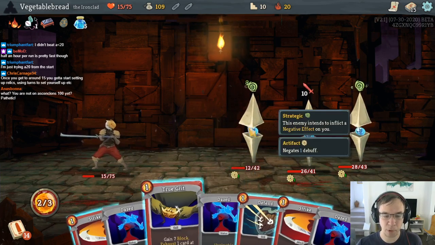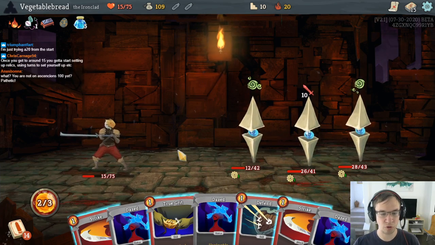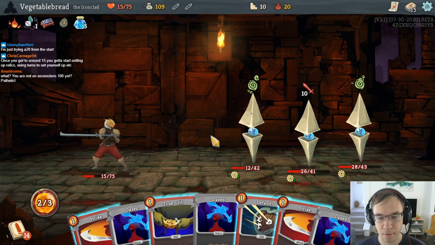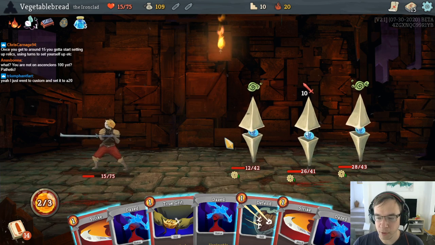Do we play both True Grit and Defend to try and block all the damage, or do we put an extra strike somewhere? It seems like the marginal value of...